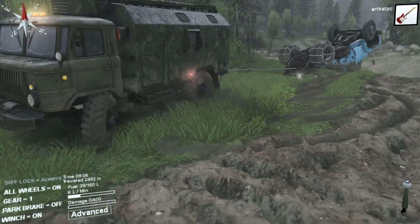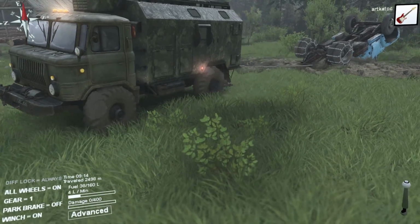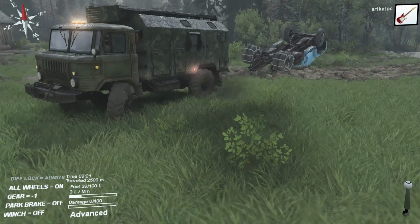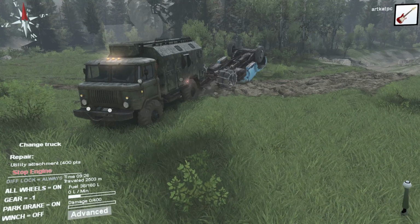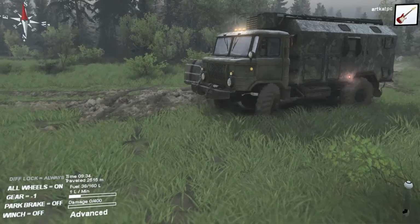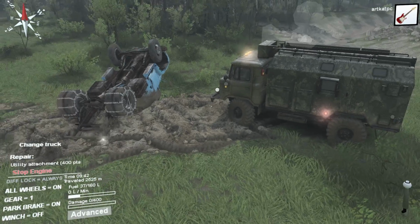Oh my gosh, this is not working at all. The truck's just going the opposite way I need it to go. Well, let's get him out in the open here. Crap. Dang it. Of course it's top heavy now because I don't have any trailer on it, so it wants to roll over upside down. Really? Come on, Mr. Truck. Oh my gosh, I'm almost out of fuel. Well, at least we're out in a spot where I can operate a little bit easier, but...